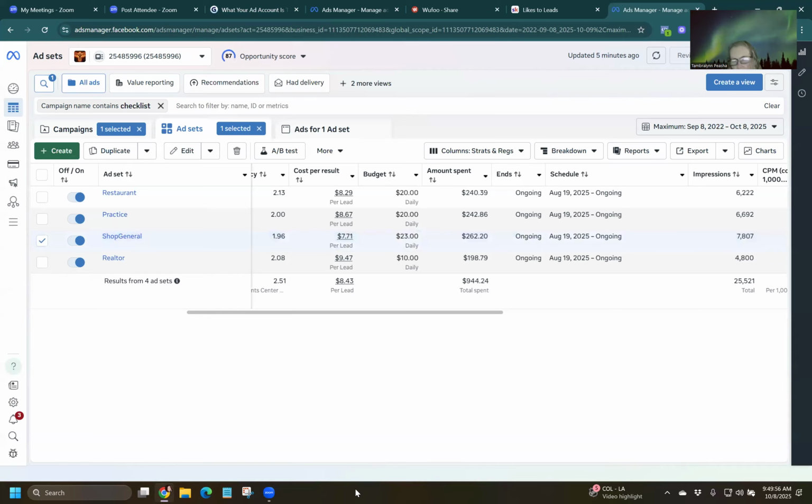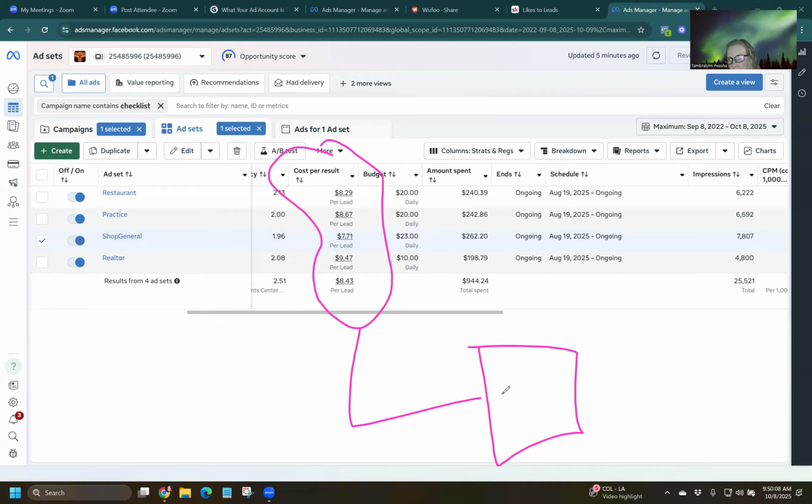But the ultimate question is, especially if you're new running ads, the only thing you may have to go on is your cost per lead because you have not pulled enough people in yet to phone calls or appointments or whatever. So your real money is over here. What does it cost you to acquire that client? But we could start here earlier in this process because we can say, okay, what if it costs me $50 to acquire a client, but if I keep working on this ad and I can drop these numbers a little bit, maybe I can get this down to $45.